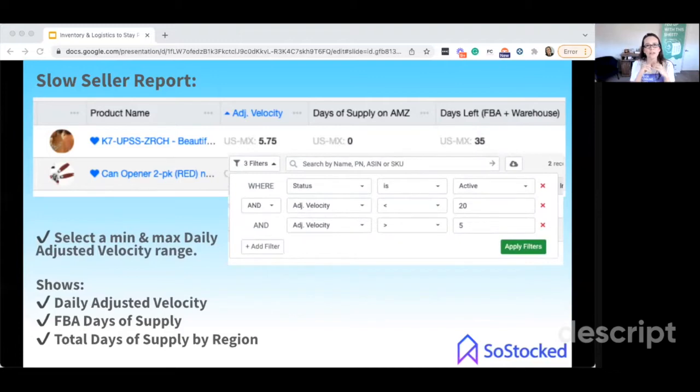These aren't totally failure products, but they're in a zone where if we don't do anything, they could become failure products. So let's say your range is a minimum of 5 sales, a maximum under 20 sales. If you get over 20, you say that's a successful product for you. This of course can change based on your particular business, but these are products that aren't performing to your standards. And so what this report will do is isolate these slow sellers, and this report should be used so that the marketing team knows to ramp up the sales on this or risk moving them into another category,